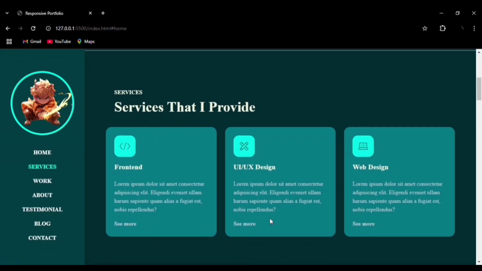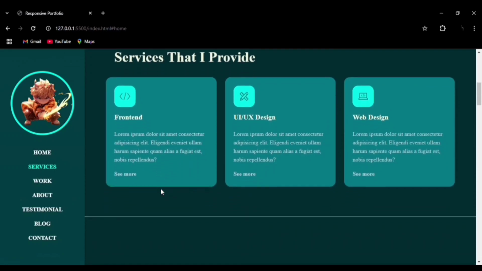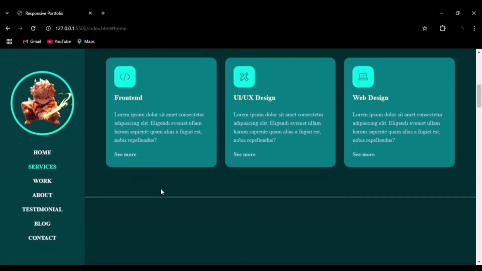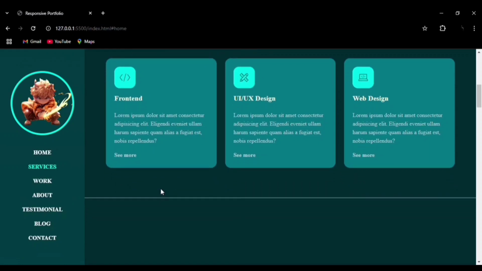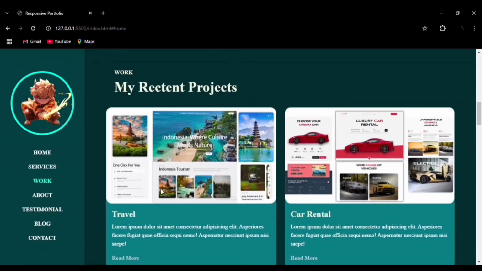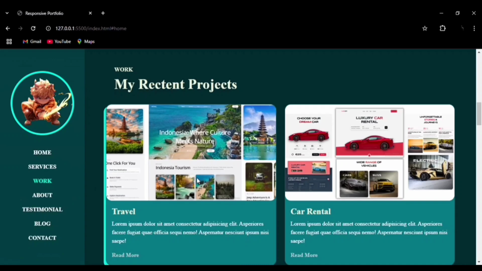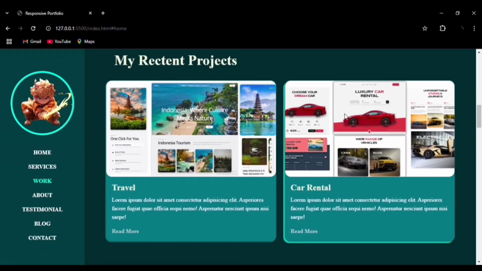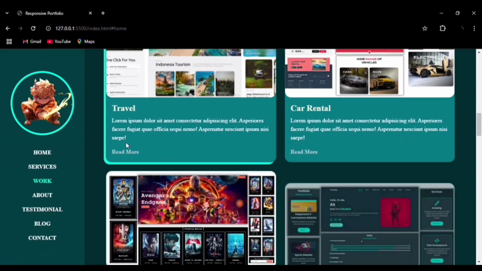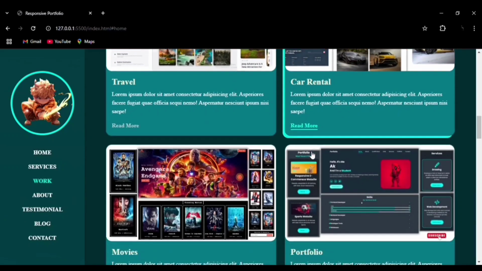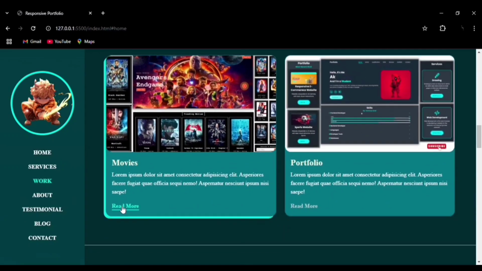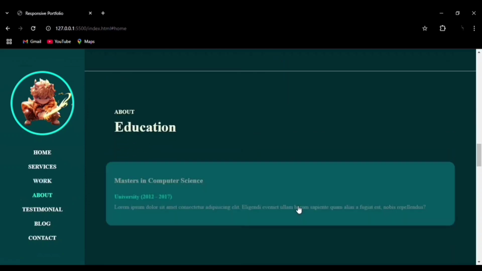We can see the service section, and we have integrated the icons here. You can see these icons, and whenever you hover onto them, you can see the box shadow effect, a 3D box effect is done. And you can see that while we are moving from one section to another section, the color is automatically changing in the left side nav bar, and you can see the hover effect on the image, and we also have the read more button. You can see how neatly they have all been aligned, and this is the education section,